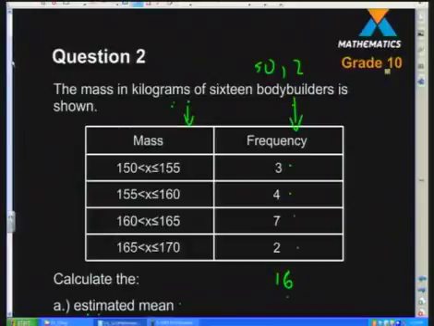Okay, it should obviously add up to the number of bodybuilders, because they told us there were 16 bodybuilders. So that frequency will give you your total number of bodybuilders. Okay? When we're working out the mean for a grouped set of data, we need to work out,